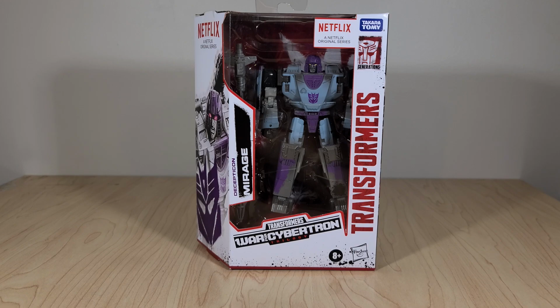And I think the listing kind of described it and what it's about. Apparently this is Mirage going undercover and infiltrating the Decepticons, which may or may not come up in the show itself. I hope it does. I imagine that's why they did this. It's an interesting kind of spin on the character's questionable loyalty to the Autobot cause that's been kind of examined